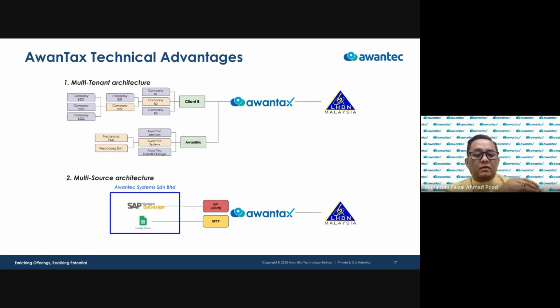For example, they are doing monthly rentals with just a few rows, so they just want to remain using Excel or Google Sheets. They can just upload and so on. So AWANTAX has the consolidated view from the company overview, so even regardless of multiple sources, you can always see the total number of invoices, how much the value is, how much you actually receive and send and so on. So this is really helpful for you to be able to monitor or track your information.